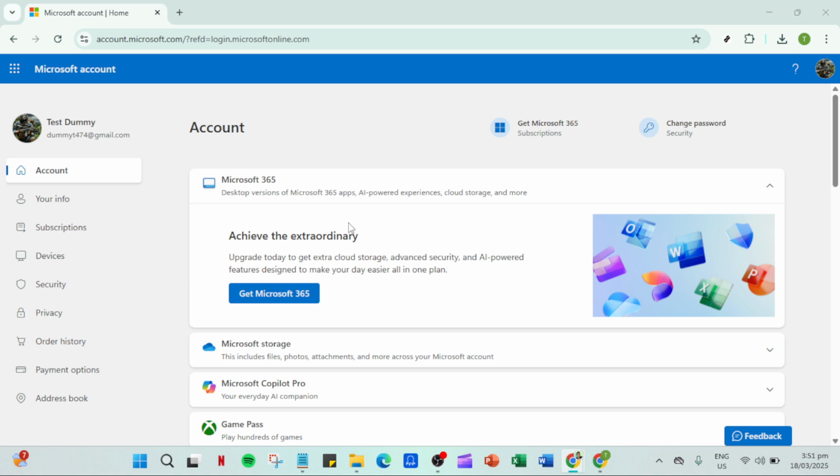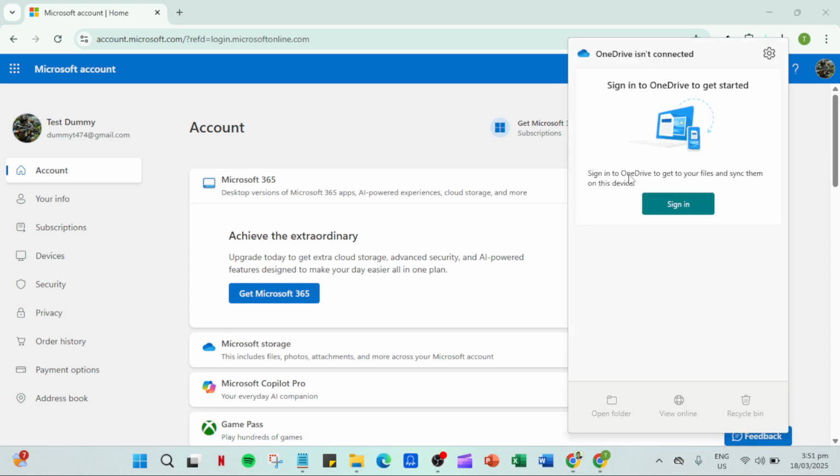After you've clicked unlink this PC, a confirmation box will pop up asking you to approve this action with another click on unlink account. Ensuring this step is essential, it double checks your intent and makes sure that this is what you want to do. By confirming this action, you are telling OneDrive that you're sure you want to log out and disconnect this device